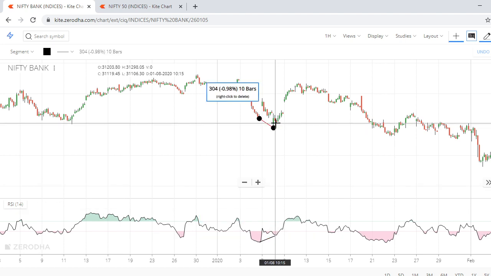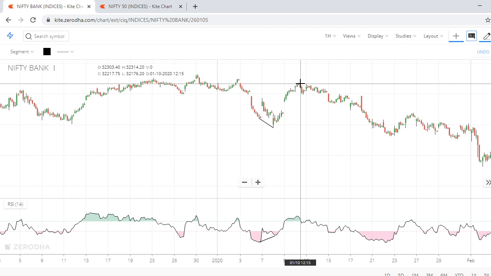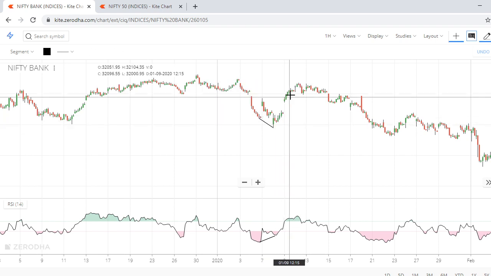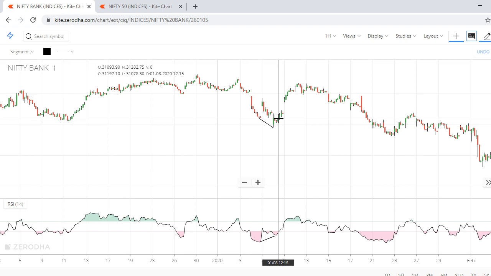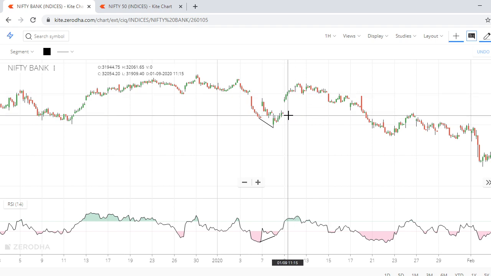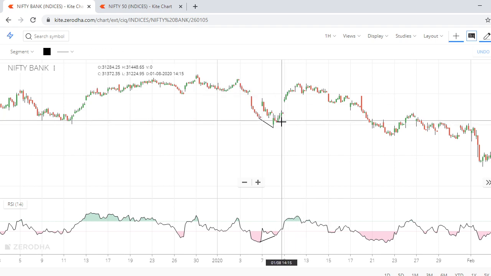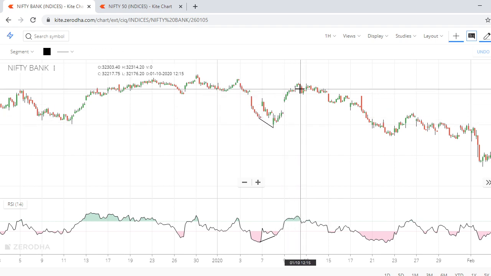See, next day, if somewhere here you might have entered, okay, which is below 40 of RSI, look at the move from 31,000 to 32,300, almost 1300 points move in Bank Nifty. 200 lot size, 1300 points is nothing but simply 25,000 rupees profit in one lot future. Even if you would have taken a deep OTM option also, it might have minted money in just 2-3 sessions. Okay, that's the beauty of divergence.